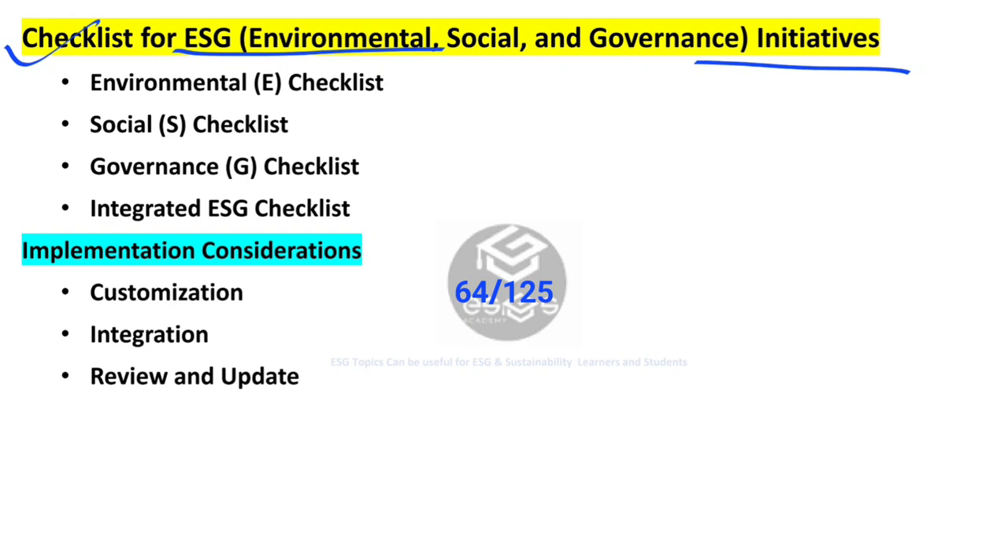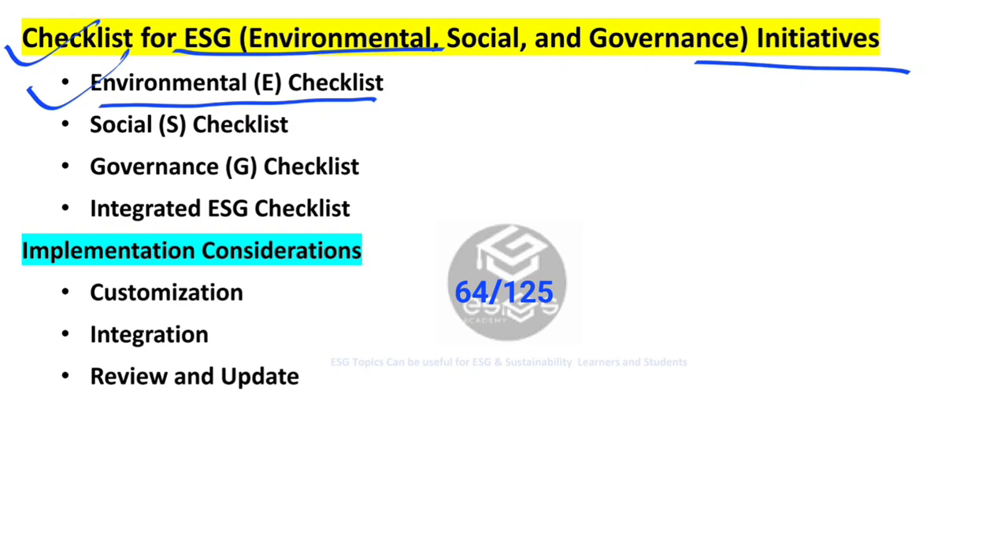Here are certain checklist names that organizations commonly use across ESG dimensions. First, we will discuss the environmental related checklists. Examples are energy efficiency checklist, water conservation checklist, waste management checklist, emission reduction program checklist, pollution prevention checklist, biodiversity impact checklist, renewable energy adoption checklist, climate change adaptation checklist, sustainable procurement checklist,